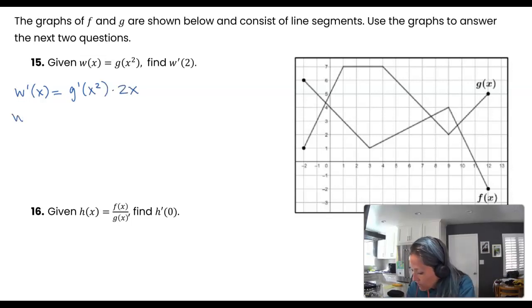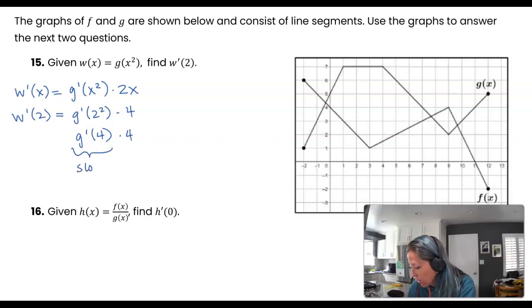And then we are going to find w prime of 2, which is going to be g prime of 2 squared times 4. All right, so yes, the square is inside. We have to actually figure out what 2 squared is, which is 4. And then when we go to try to find g prime of 4, which we know is the slope of our line segment at x equals 4, we find out that there's sort of a,